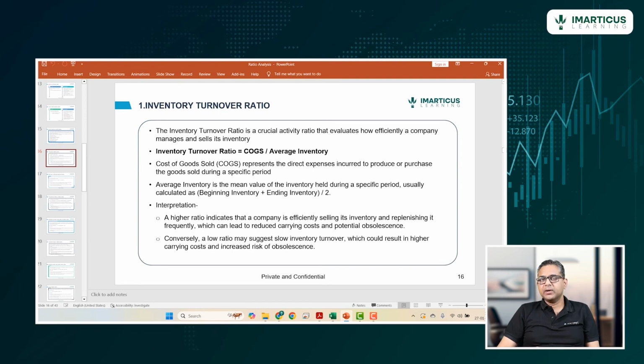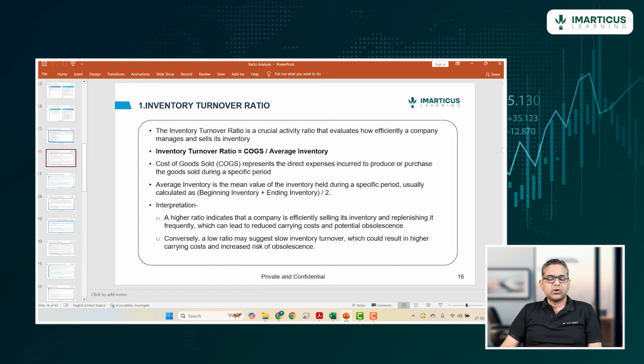that we need to have optimal inventory in our warehouse so that we can meet the customer demand. We should not run out of inventory when there is a customer order, and we should not be holding too much inventory, because then it creates a problem of carrying cost and inventory getting obsolete. So that optimal level of inventory is required, and which can vary from industry to industry. So this is the focus area of this ratio, inventory turnover ratio.